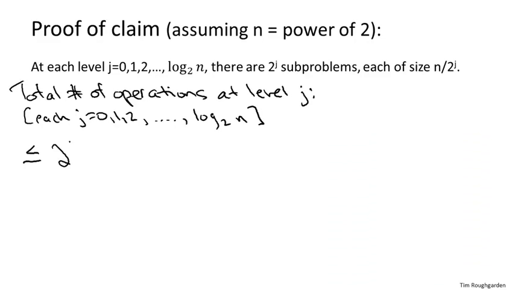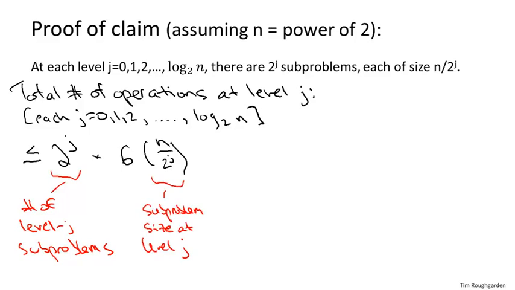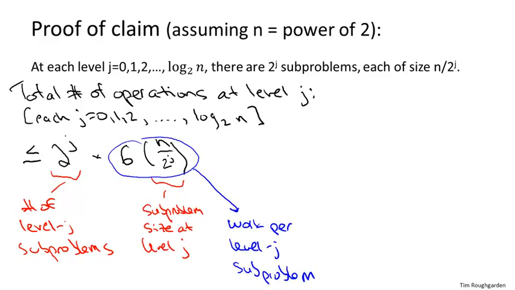All right, so we start with just the number of different subproblems at level j, and we just noticed that that was at most 2 to the j. We also observed that each level j subproblem is passed an array as input, which has length n over 2 to the j. And we know that the merge subroutine, when given an array of size n over 2 to the j, will execute at most 6 times that many lines of code. So to compute the total amount of work done at level j, we just multiply the number of problems times the work done per subproblem, and then something sort of remarkable happens. We get this cancellation of the 2 to the j's, and we get an upper bound, 6n, which is independent